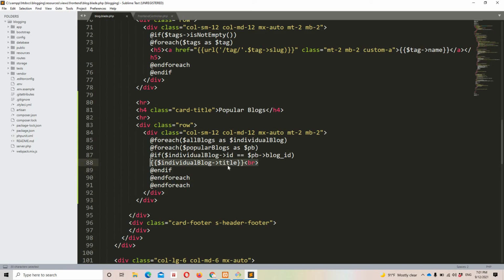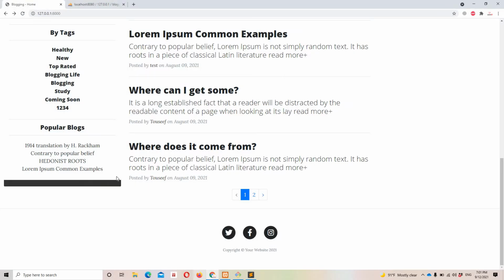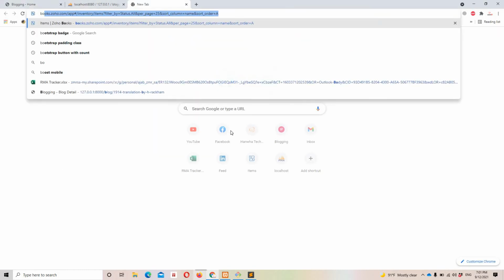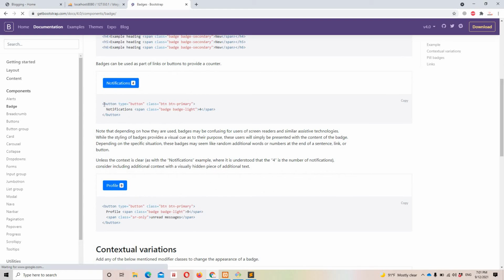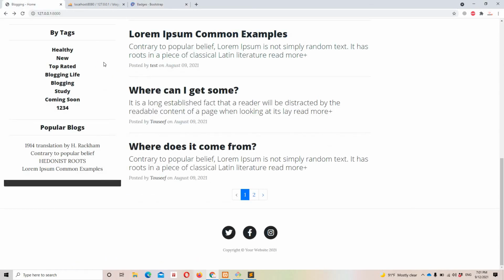So yeah guys, now let's implement a badge right here so it looks good, because now you can see it's totally trash. So yeah, for that I can simply use a Bootstrap badge, and let's move here, and I can simply use this, but this is going to look a bit different on our layout because we have some different CSS on our front end.